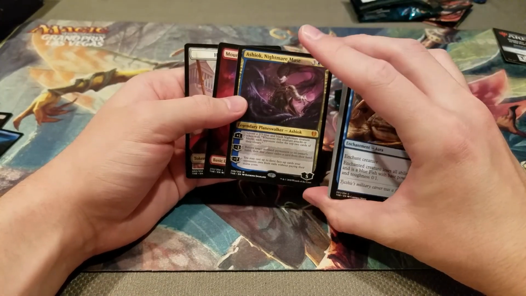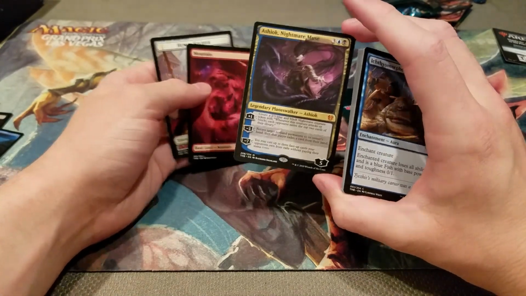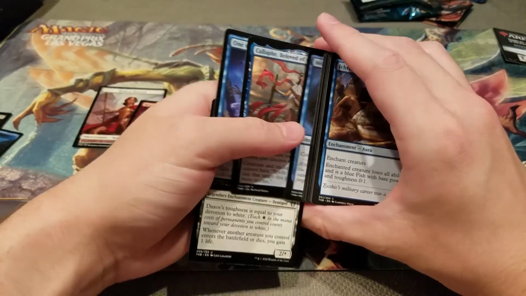yeah, so I guess we're playing Esper. And again, those guys can hear me right now. I got Ashiok, Nightmare Muse. That is definitely going to be fun. We got Dassos, Khalifi, and One with the Stars. So